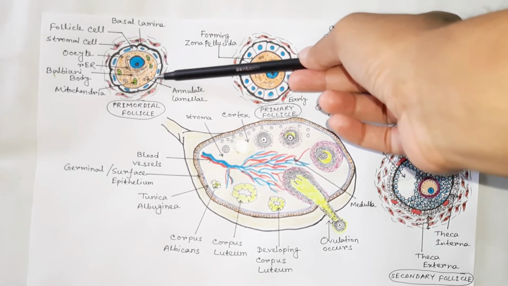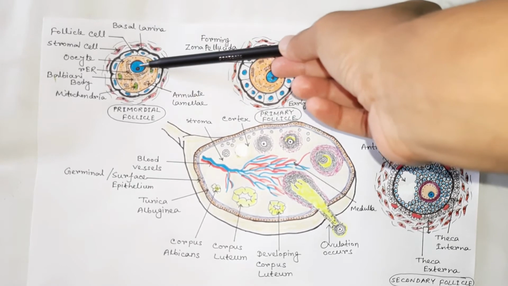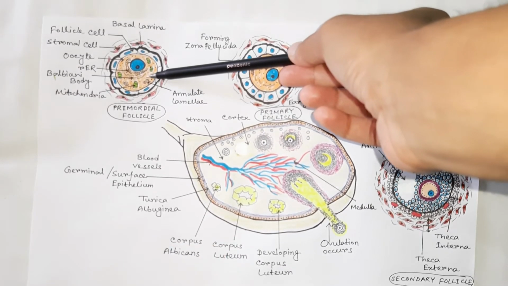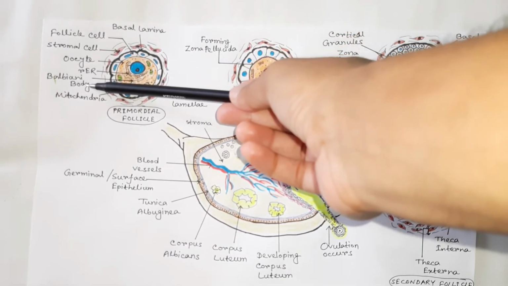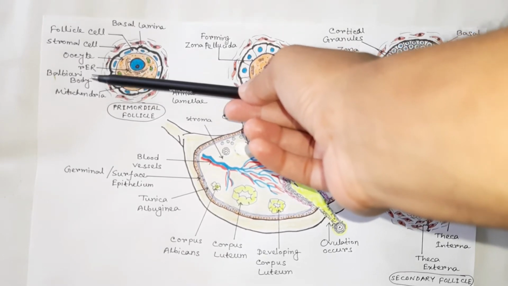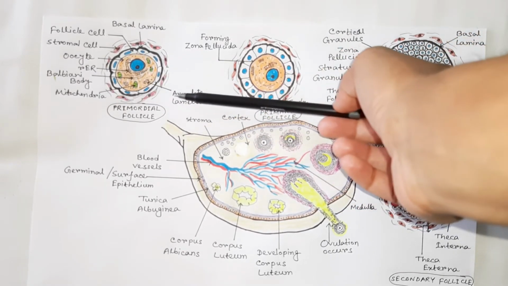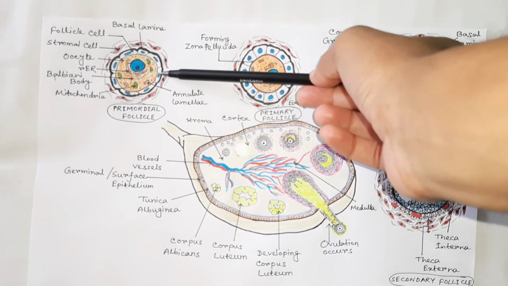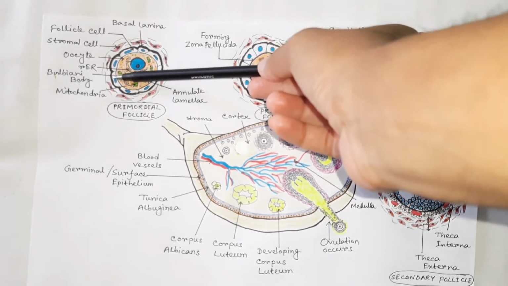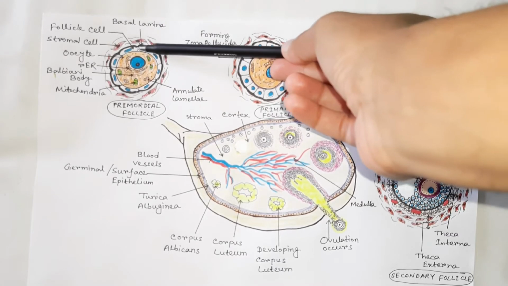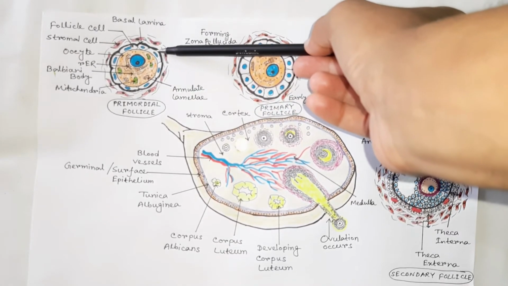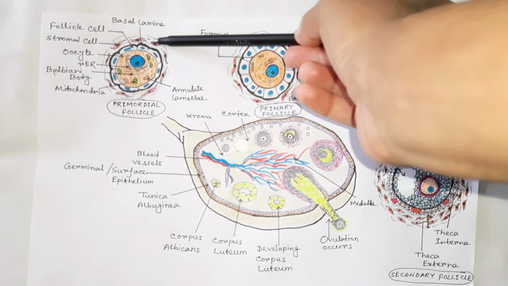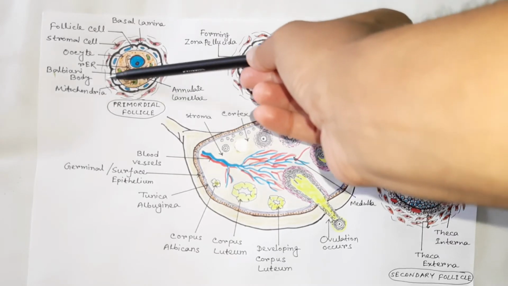This is the oocyte with a large nucleus. The cytoplasm is known as ooplasm. Ooplasm contains Balbiani body, rough endoplasmic reticulum, numerous mitochondria, lysosomes, annulate lamellae, numerous vacuoles, etc. These are squamous follicle cells. They form a single layer of cells and surround the oocyte. The outer surface of the follicle cells is bounded by a basal lamina. Stromal cells are also present surrounding the primordial follicles.